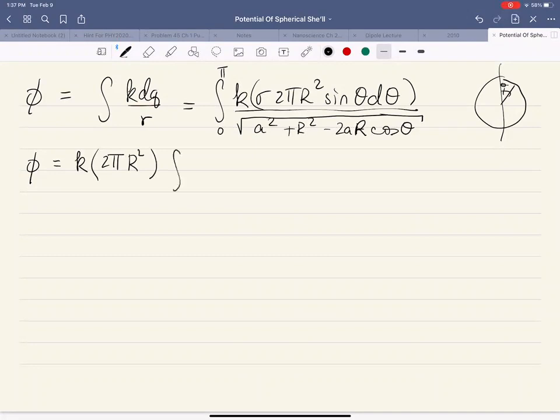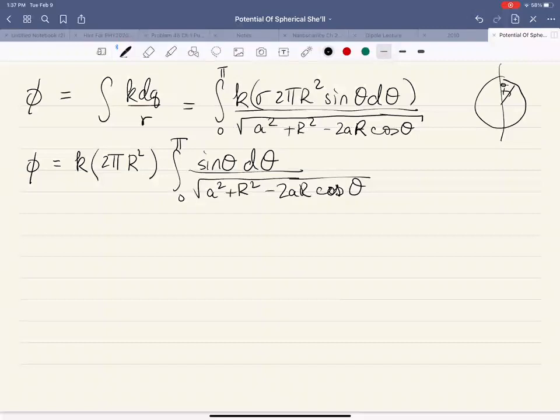And now inside, we're just integrating sine of theta d theta over the square root of a squared plus R squared minus 2aR cosine theta. Sorry if my handwriting stinks. Okay, there you go. Now, in order to solve this, let's do a substitution. So what are we going to substitute? Well, I'm going to call the stuff within the square root y. So y is equal to a squared plus R squared minus 2aR cosine of theta. And that means that dy